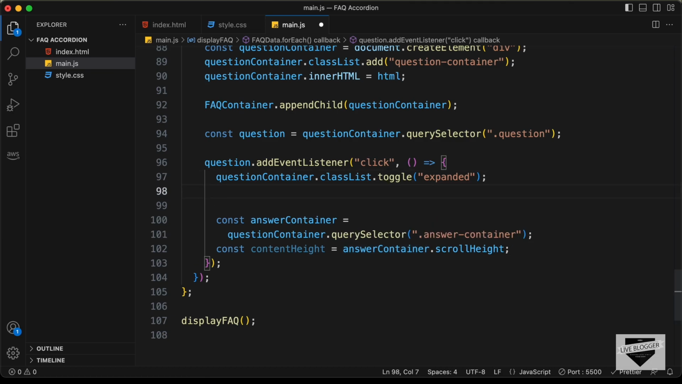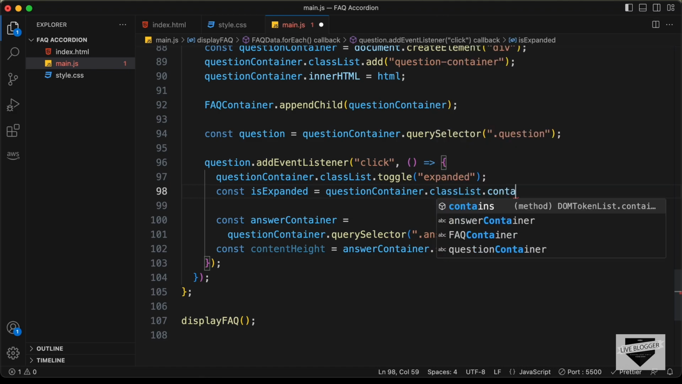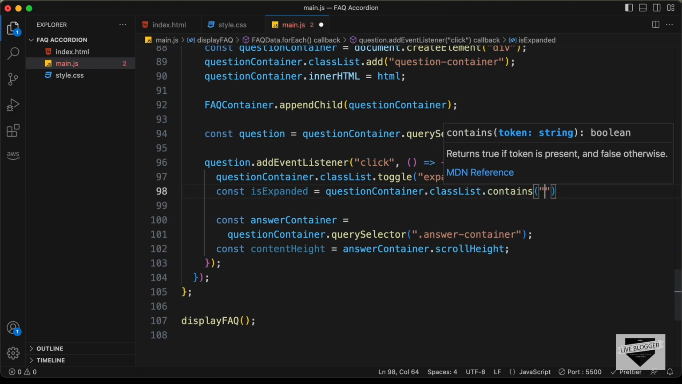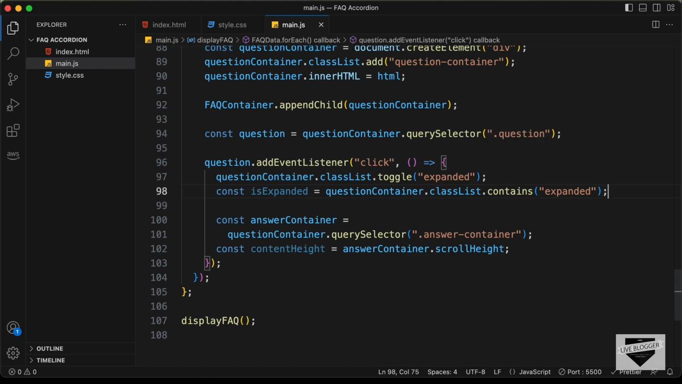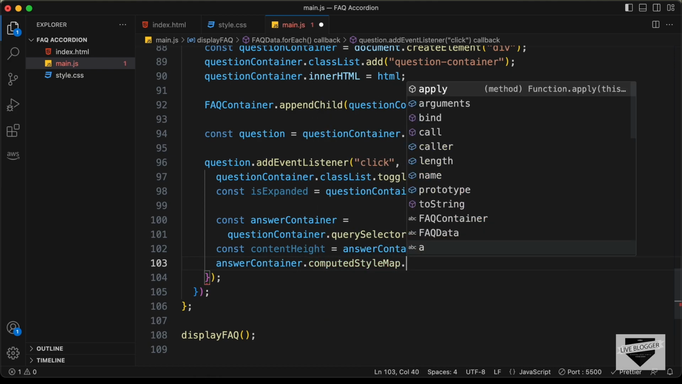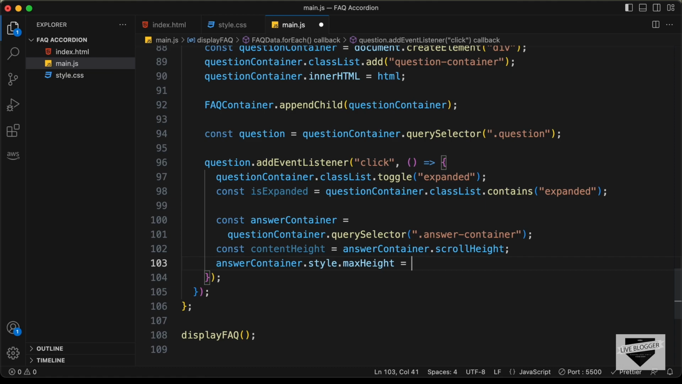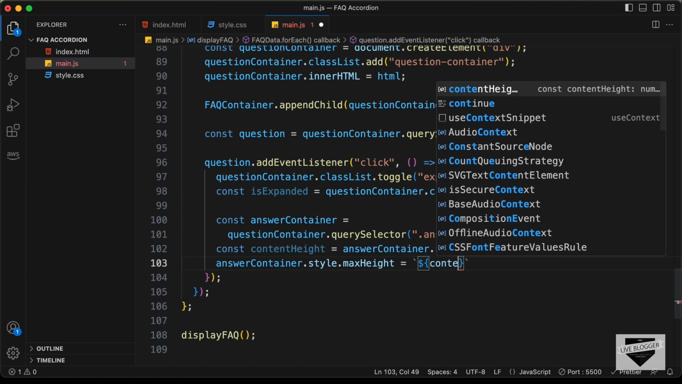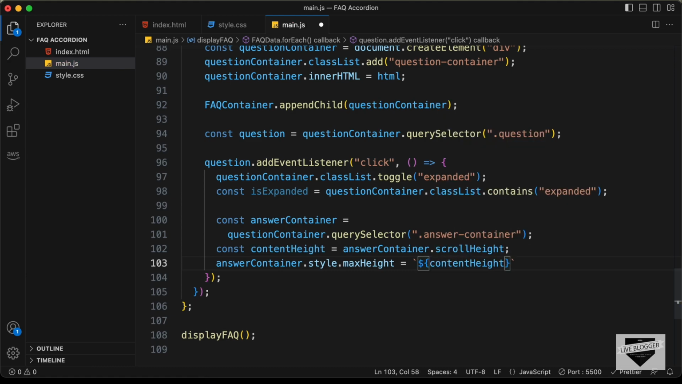So here I'll just type const isExpanded equals, and let's type questionContainer.classList.contains, and we need to see whether there is the expanded class. Right now let's go ahead and type answerContainer, and we need to set the max height. So let's type style.maxHeight equals, and we need to set it to this content height. So I'll just type backticks, and let's type ${contentHeight}, and here we need to type px,